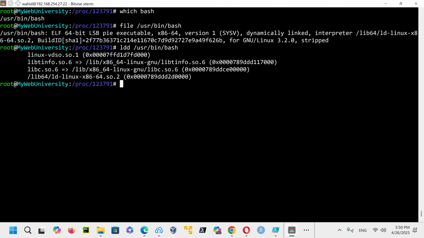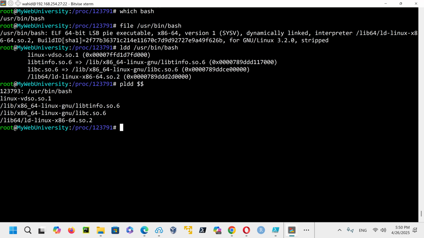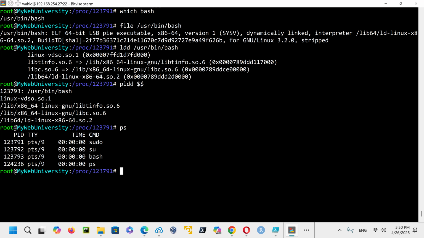So you could do a pldd, and that's the process that you're getting it for. Each process you can also do a pldd for it, and at the same time that $$ sign is my current process.